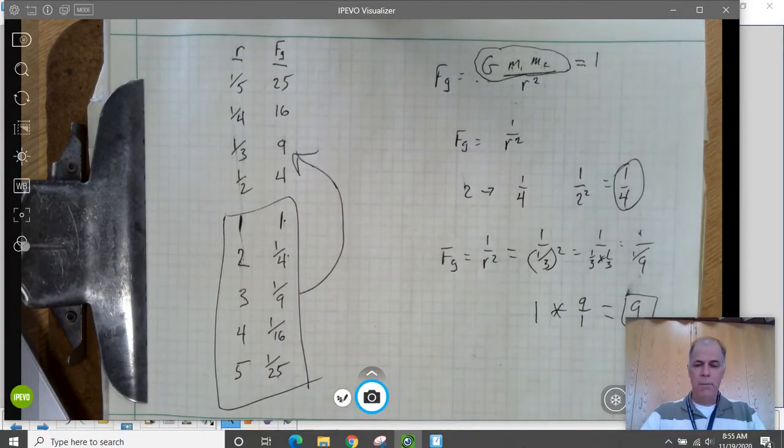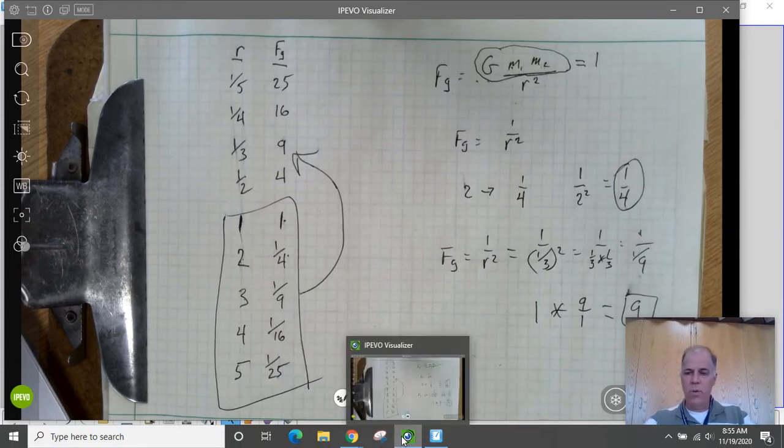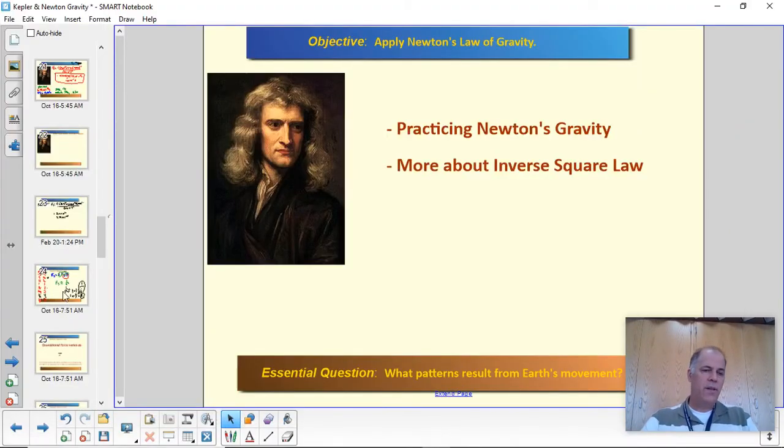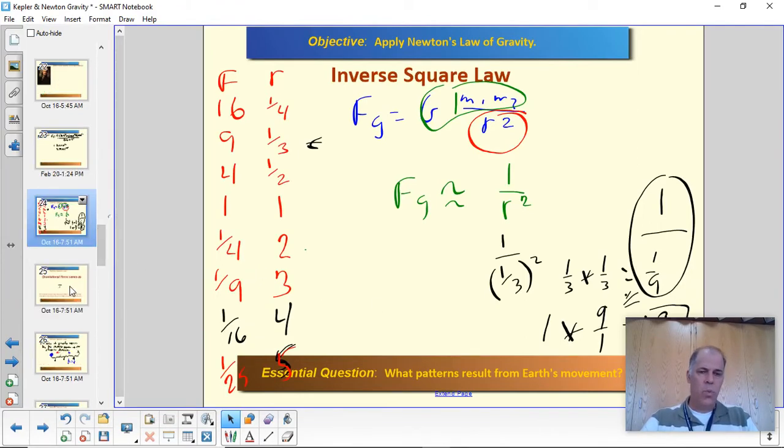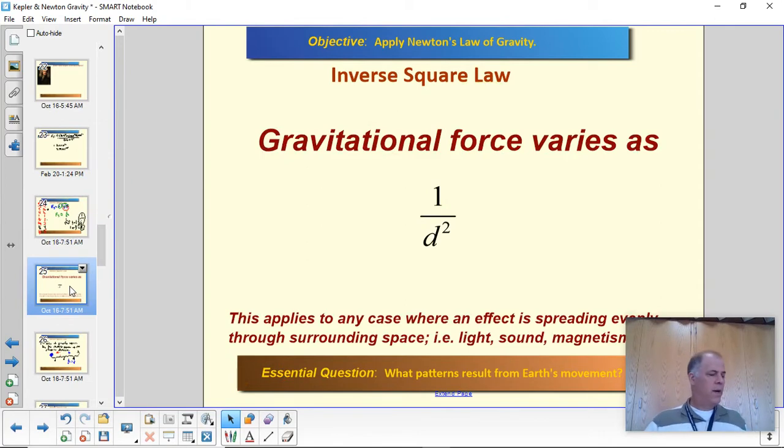Okay, now, it's useful here to know, let's go back to inverse square law. This is the summary of it. Why does this work? There's a worksheet that you have that explains this a little bit too. But the reason that Newton originally thought that the force would vary by the distance squared was because he looked at spheres and he looked at the geometry of spheres. It turns out that if you double the radius of a sphere, so if you start